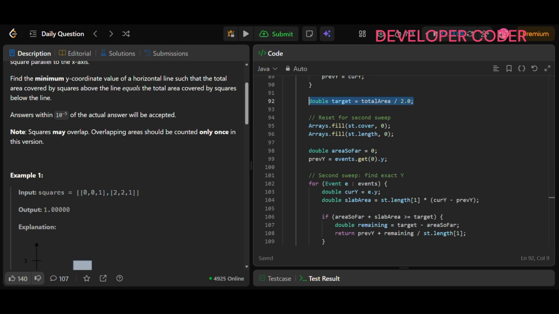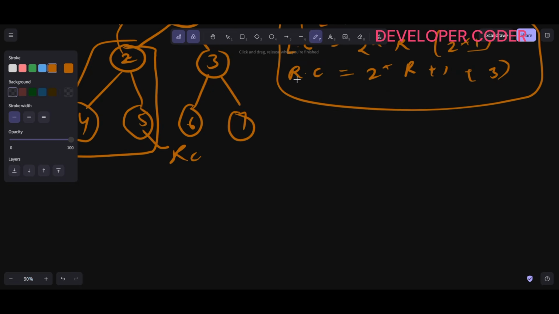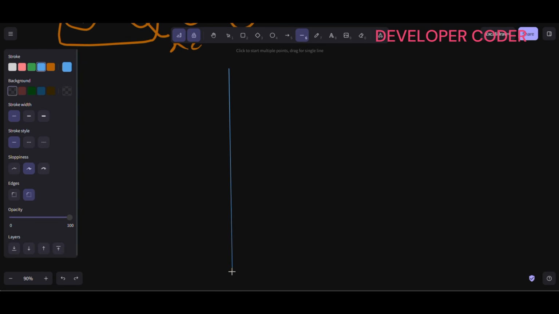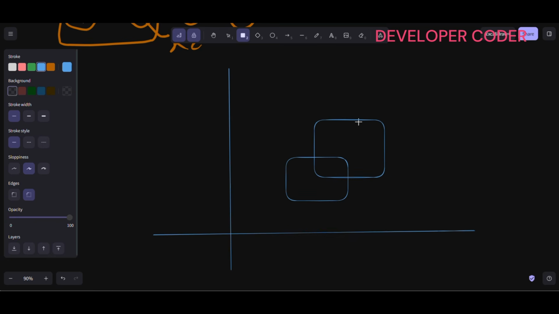Okay, now after that, what I need to do, let's see. This is your y-axis and this is your x-axis, right? So here again I will create a few boxes. Let's say this is one box, this is the second box, and this is the third box. And you can take a few more boxes if you want. You can take this as one more box. Okay, so now again the events, you already know that one event is going to occur here, one event